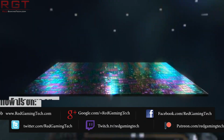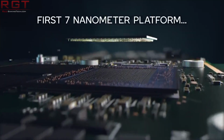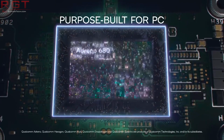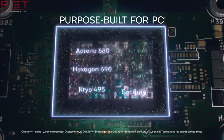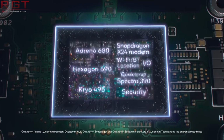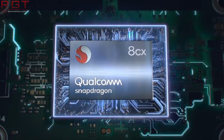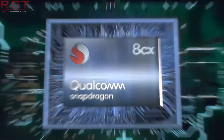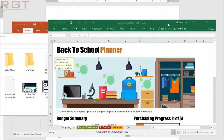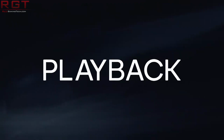Well, during the last day of the Snapdragon Tech Summit, Qualcomm did announce the Snapdragon 8xc, and they actually had a fair bit of information for us on what is actually going on here. Now, interestingly enough, the 8xc is the largest processor they have made to date. It has 8 custom processing cores that make up a Kryo 495 CPU. We have 4 high-performance Cortex A76 cores and 4 low-power Cortex A55 cores that are clocked higher than the Snapdragon